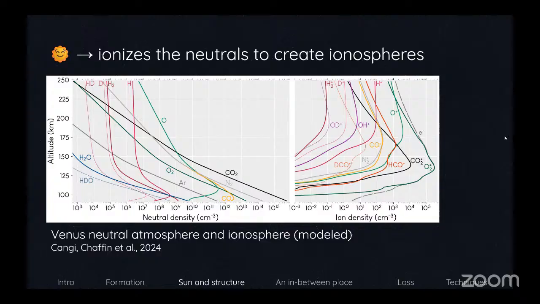So this is just a simple plot showing the two parts of the atmosphere here from a model that we ran for Venus last year. On the left is the neutrals and the right is the ions in the ionosphere, as well as the electrons. This is maybe a weird plot if you haven't seen one like this before, but when we're doing atmospheric modeling or taking atmospheric data, we often put the altitude on the vertical axis so we can have a snapshot of how the density changes as you change that altitude. Whereas normally you might expect the altitude would be on the x-axis. So this is for Venus, so you can see that the most abundant constituent at these altitudes is CO2. And that leads to an ionosphere that's dominated by O2+ and CO2+.